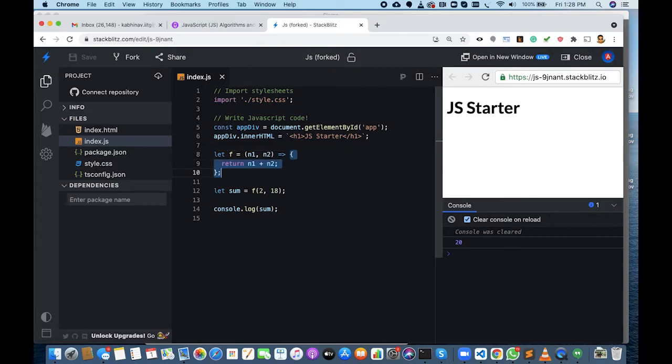Also there is one more addition to the shortcut syntax. If there is just one line in the function, and it is the return statement, we can even omit these curly braces and put everything in the same line.